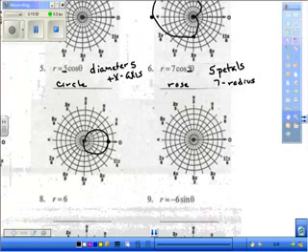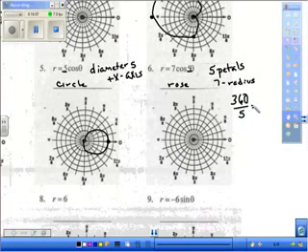All right, now here's what we have to figure out. If we've got 5 petals and there's 360 degrees in a circle and we divide that up by 5 petals, how many degrees are going to be in between each petal? You're right, 72 degrees. So every 72 degrees we're going to have a petal,